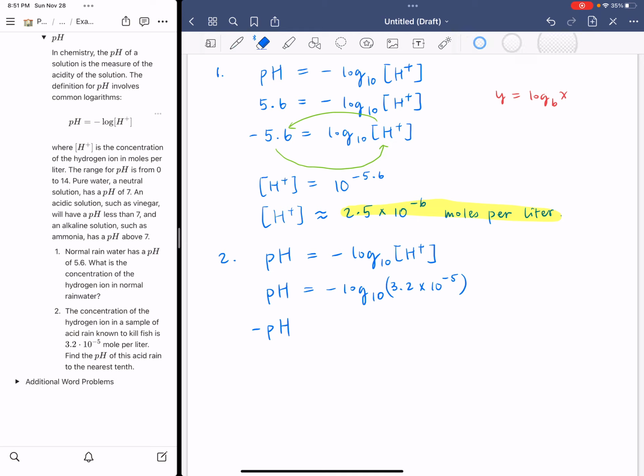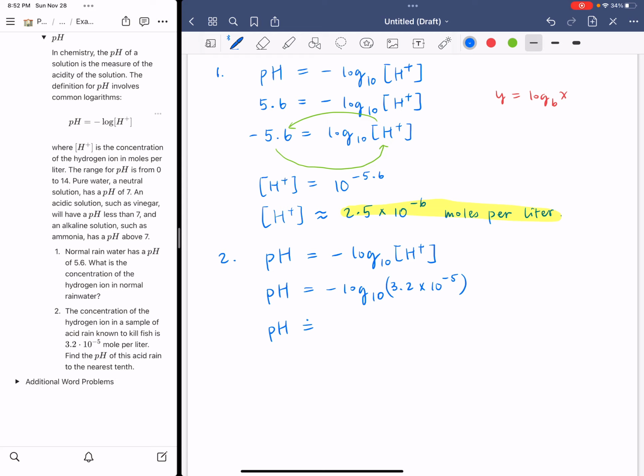Oh, actually, we don't need to, right? We could just use your calculator to calculate right now what it is, because pH is what we need. So you just use your calculator to calculate. So on the right-hand side, you enter negative log base 10 of 3.2 times 10 to the negative 5 on your calculator. And if your calculator does it correctly, you should get approximately, before we reveal the answer, you should